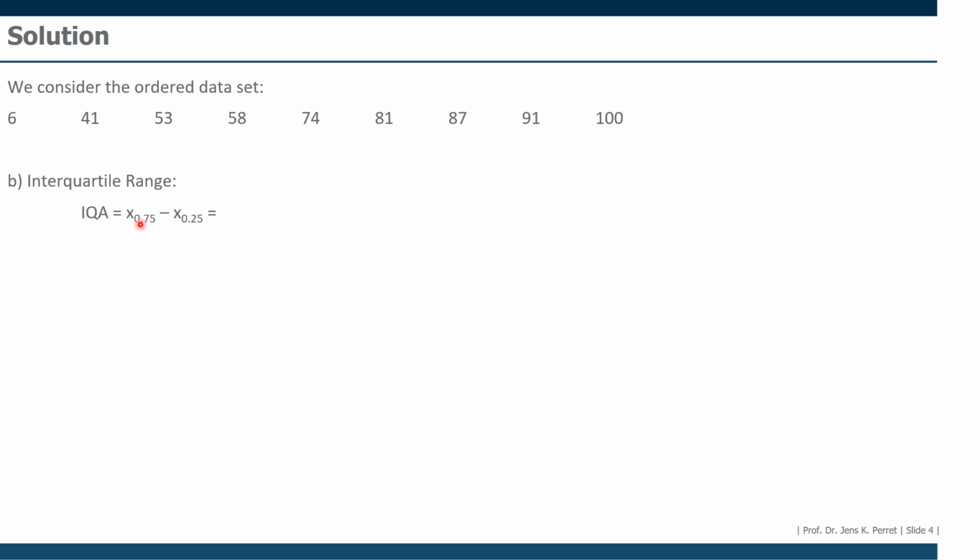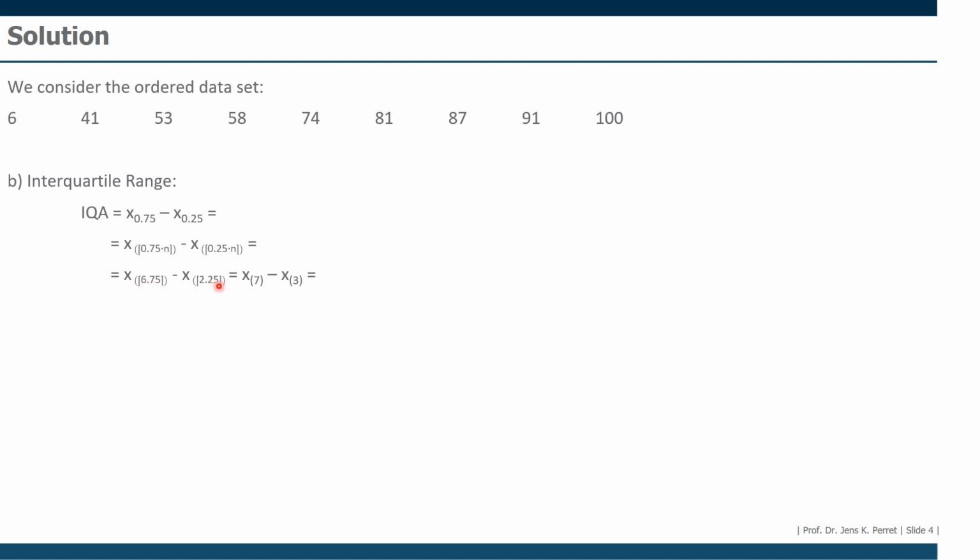How do I calculate those? Well, in the first step, I'm going to multiply 0.75 with the number of observations, which is 9. Then I'm going to multiply 0.25 with 9 observations, giving me as a result